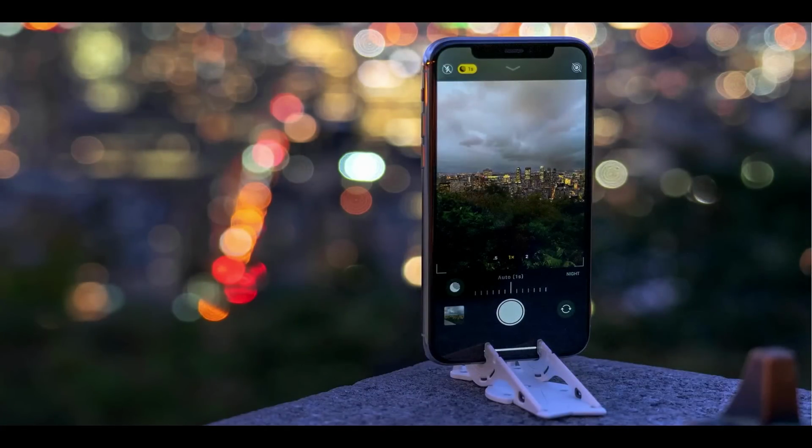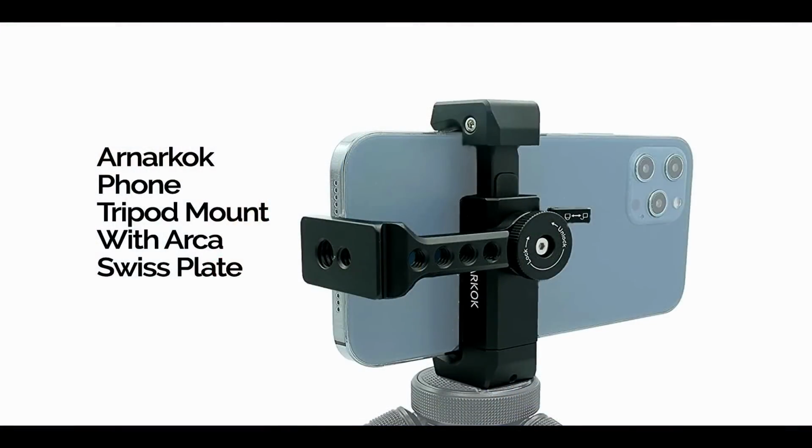I don't think it weighs an ounce. It probably weighs half an ounce, all right? Now, if you want to get really serious about this and move to the next level, because this is great for putting on a table or laying on something, but what if you're out there shooting, like I was in Tuscany? In that case, there is a wonderful mount you can get from